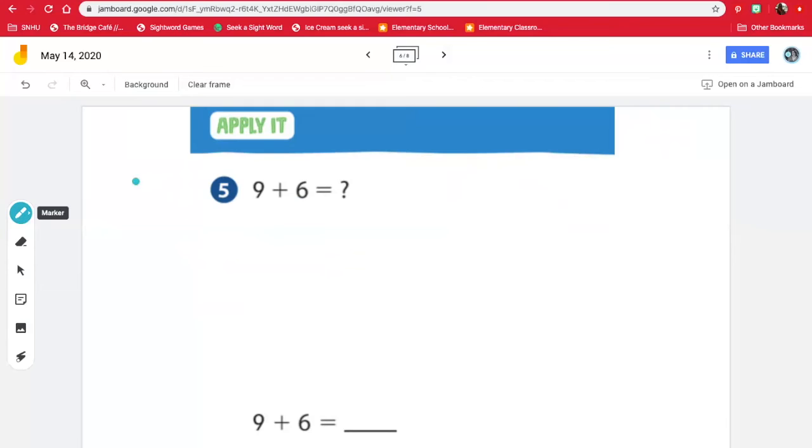Here's another problem. I don't see a 10 frame or a number bond, so that means I can choose which way I want to solve it. If you want to solve this problem with me, I encourage you to choose a 10 frame or a number bond. I'm going to choose to solve it with a number bond. So I know the first number I put in the first box is 9. So we have 9 plus,